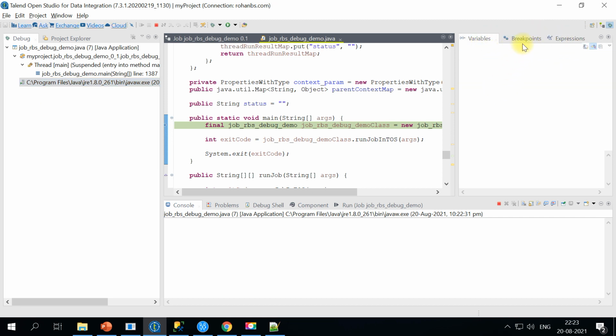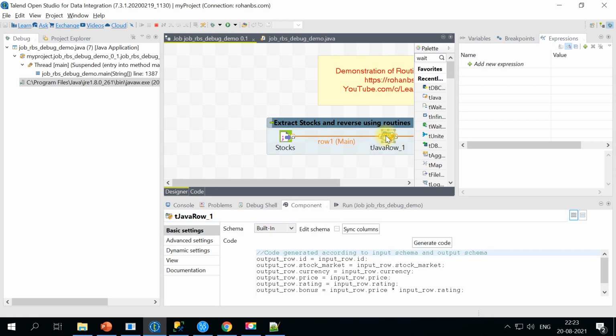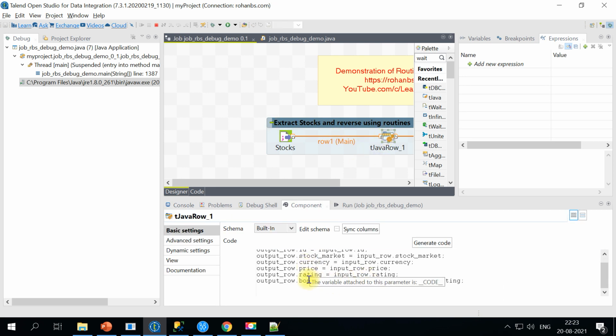You can set manual breakpoints, and also you can set an expression and see the value for a particular variable or a record or a column, right? So for this, we know that we have a calculation here that says my bonus is price into the rating.